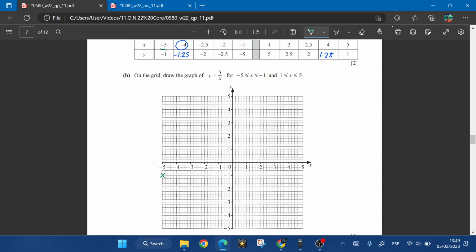Minus 4, minus 1.25. So look, there are 4 squares, each square being 0.2, because 0.2, 0.4, 0.6, 0.8, so 0.25 will be just below the second square, right over there. Minus 2.5, minus 2,